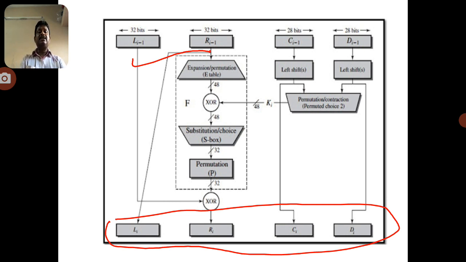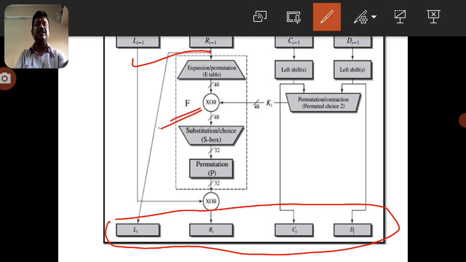So we can expand the data from the given size to the maximum size. Here the 32 bit data is taken as an input of the expansion permutation. Now you can observe the expansion permutation output is exclusive ORed with K1. What is the key size? Already we discussed the key size is 48. So when the exclusive OR operation is taken, the key size is taken equal to the plain text size. So that's why the expansion permutation derives 48 bits.